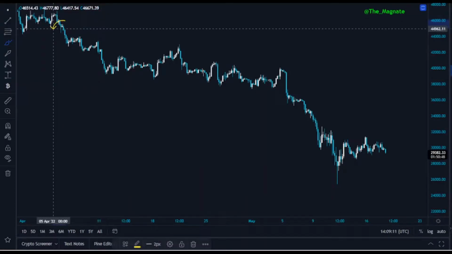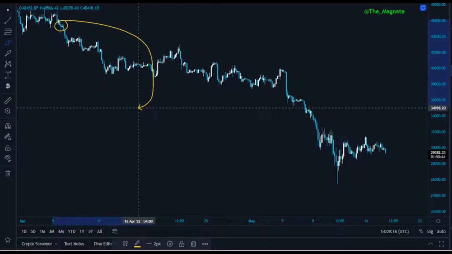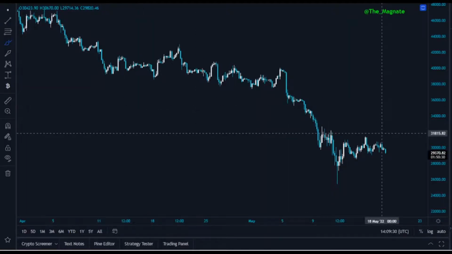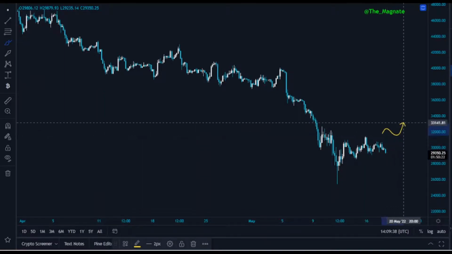As soon as we lost $45,000, $45,500, the 4-hour time frame started flashing a bearish short setup signal. However, since then, we don't have a confirmation for a trend change. Without claiming, based on the 4-hour time frame, $31,000, $31,500, ideally $32,000, it is going to be so early for us to talk about the bullish scenario.